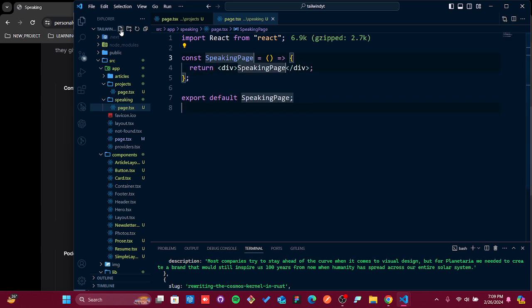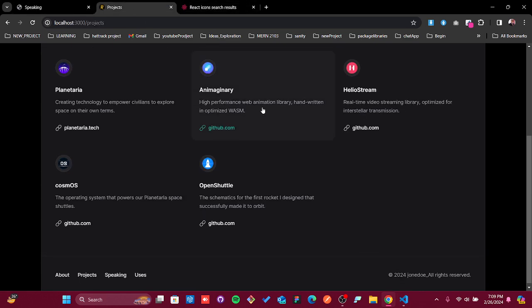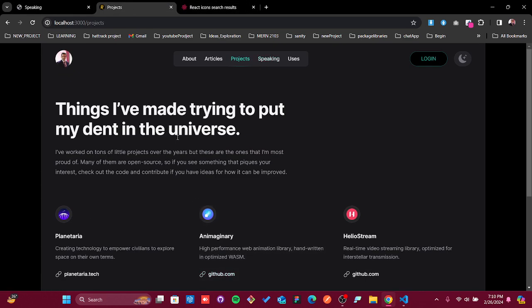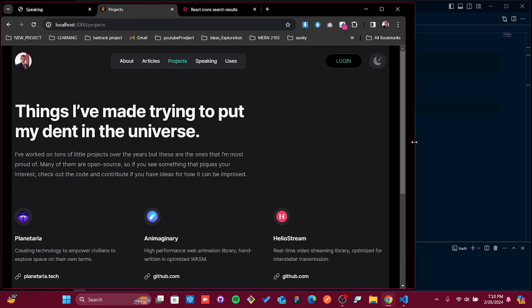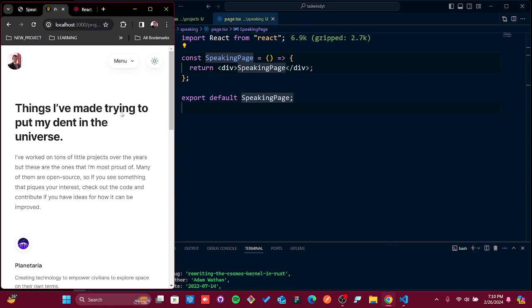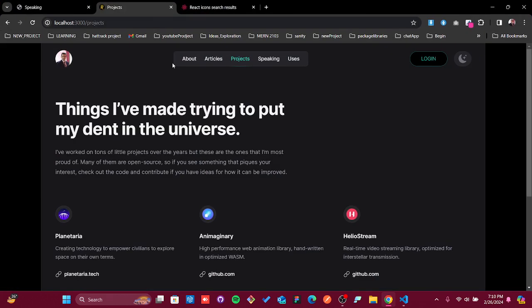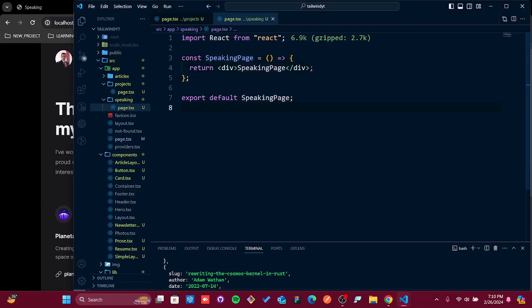So now if we just click on the speaking, it should take us to that particular page. And by the way, if we roll back, you see it's all responsive, and it's properly responsive. Okay, and also if you roll back, you see that's working simply fine. Okay, so now in the speaking we also need to create those parameters. So first things first, we will make that